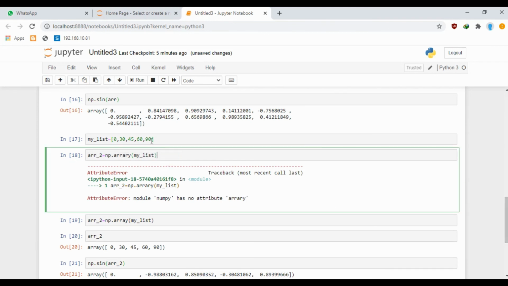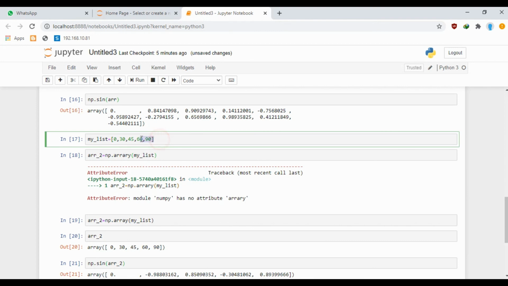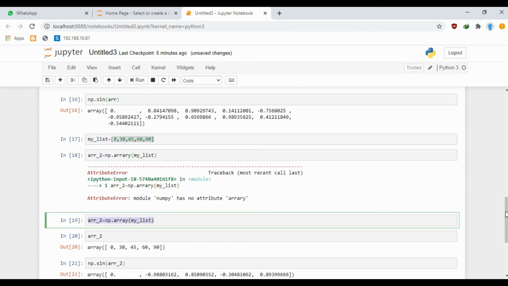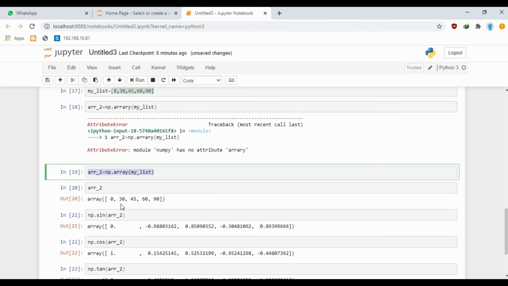So guys, I've created a list consisting of the elements 0, 30, 45, 60, 90, and I've converted that list into an array called arr_2. So now I can perform trigonometric operations on these arrays. So if I pass in that the np.sin